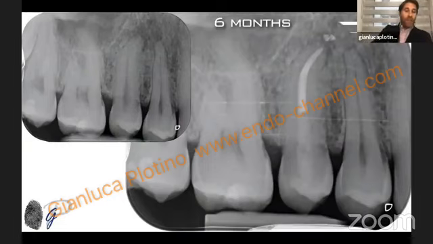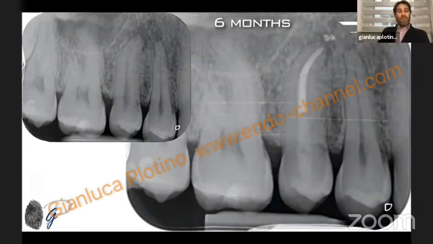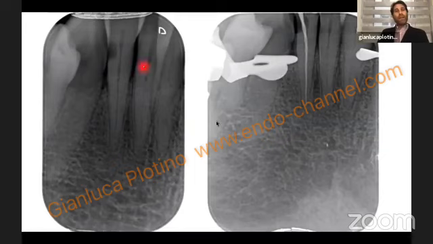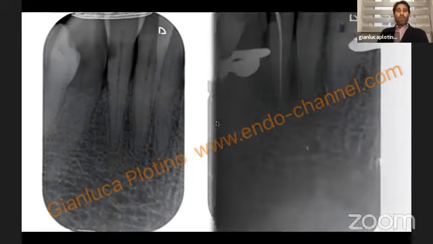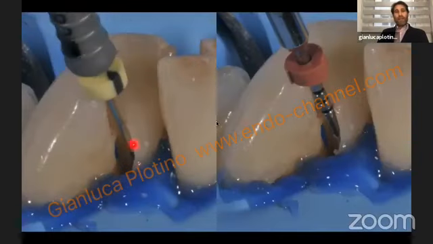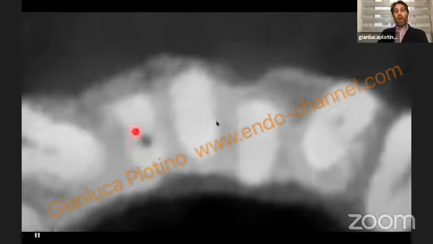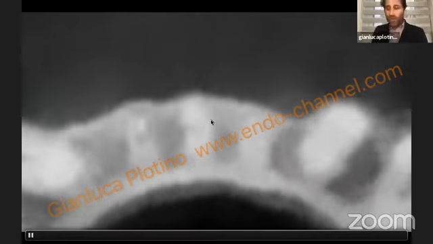So another case in which I do CBCT, for example, is when I want to be conservative, like in this case, a mesial, a distal cavity. I wanted to perform a distal access cavity, maintaining the tooth structure of this patient because also of the malpositioning of the teeth. But in this case, I had no visibility. So I needed to understand if this lower incisor had 1 or 2 root canals, because we know that lower incisors may have 2 root canals. In this case, it was only 1 root canal, but I needed the confirmation by the CBCT.